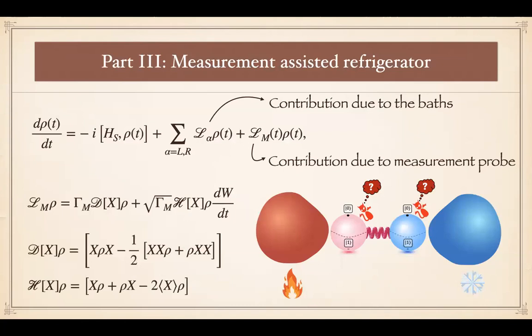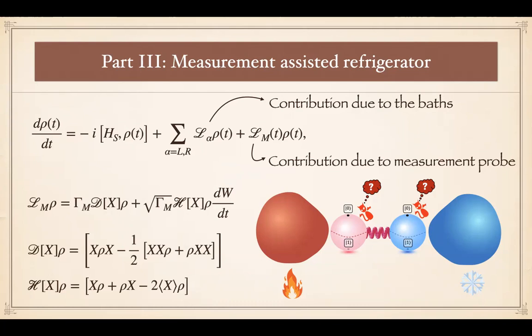Now, for the third part, as I told you before, we will leave the one thermal bath scenario and go to the 2 thermal bath scenario. We will have a hot bath and a cold bath, and a coupled qubit in the middle. Because we have very weakly coupled baths and weak measurement, we use the master equation, which is additive in this case.